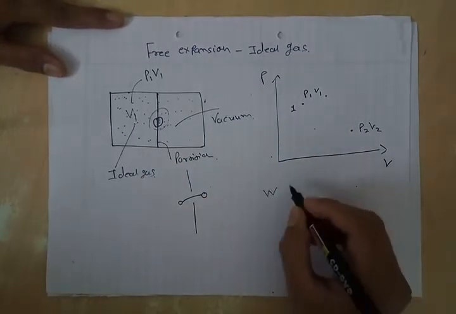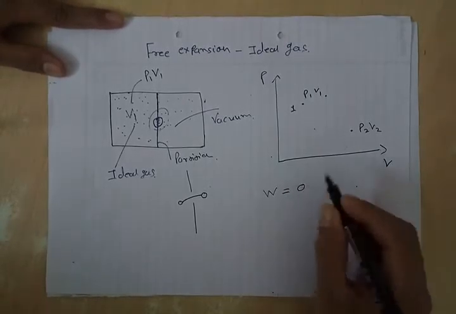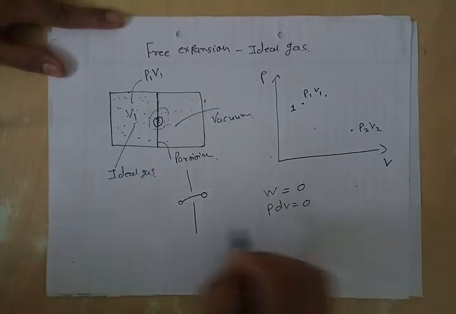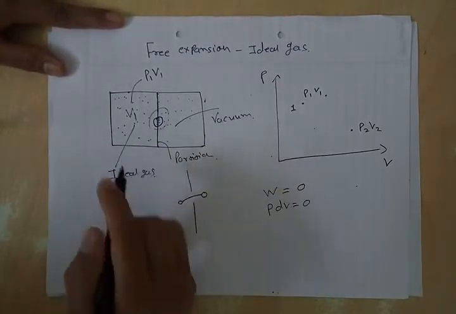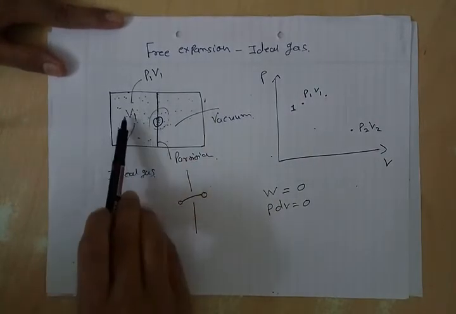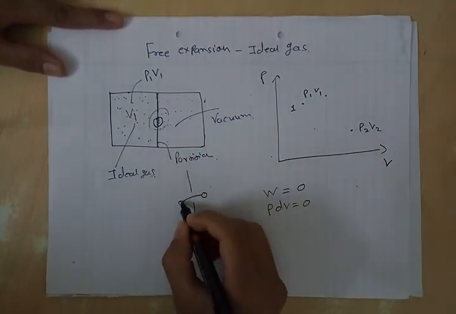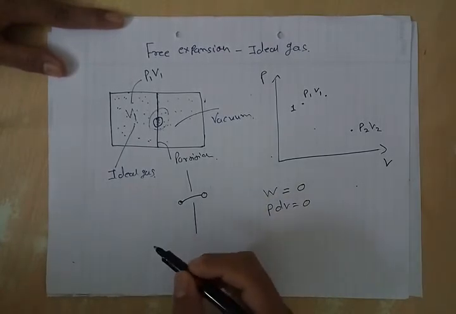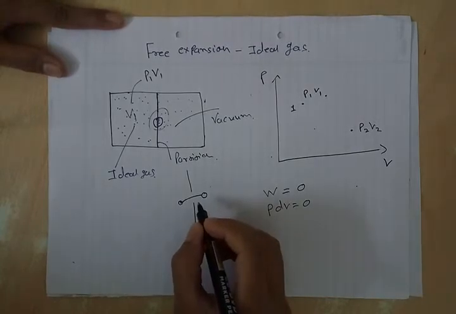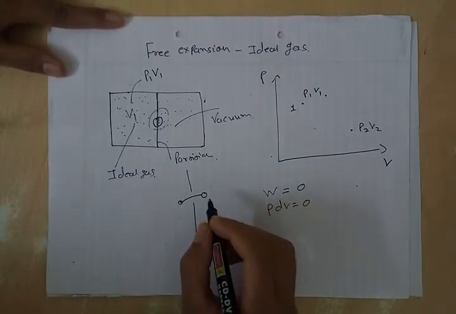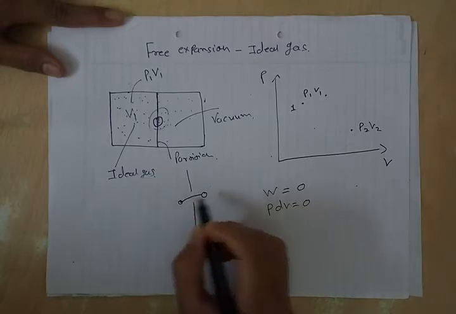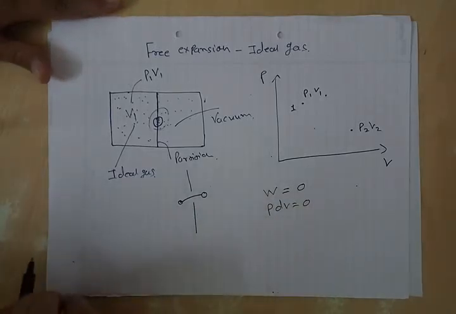So we cannot track all the middle states of the gas. Work done by the gas is zero. So PdV work is zero because when the volume expands from V1 to V2, when these particles move from left side to right side, there is no opposition, or I will say there is no resistive force which opposes this movement of these particles from going left to right, because this is free expansion.